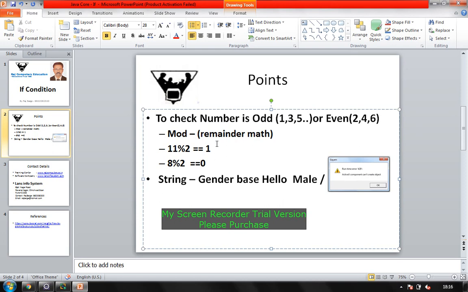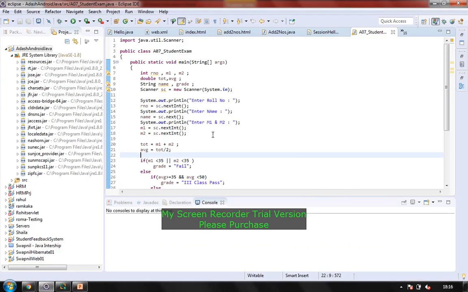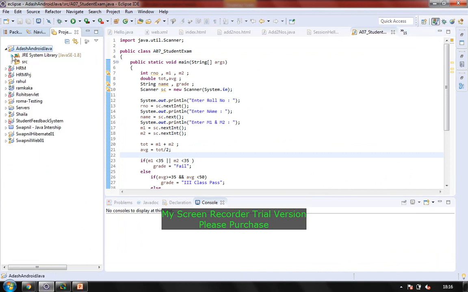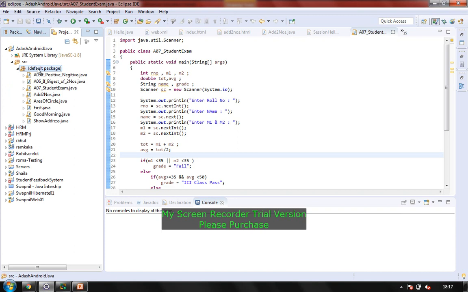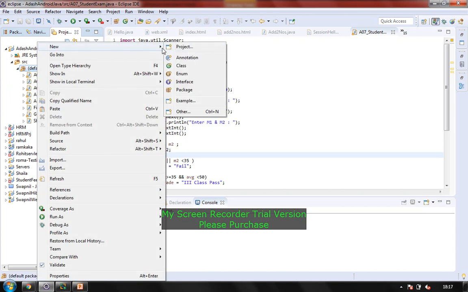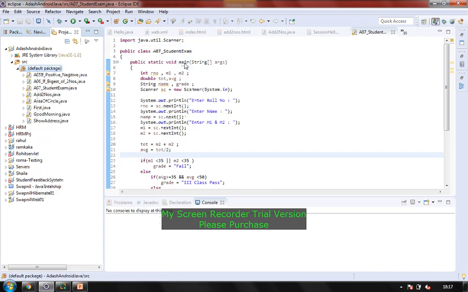So how do we write a program for it? For the same, I'll be using software called Eclipse. It's very simple. In this, I am going for something called the source folder. In my source folder, I'll be choosing default, right clicking it and adding a new class.